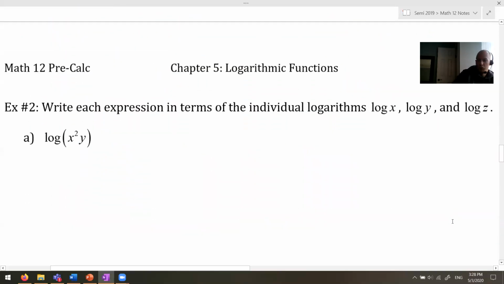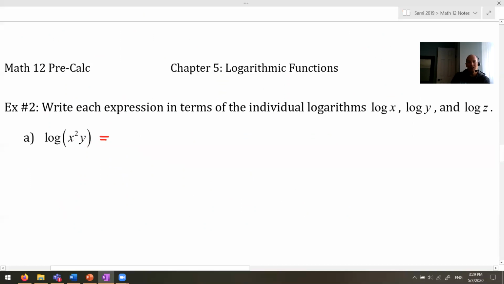Here's another one. This is similar, but just a little bit different here. Write each expression in terms of the individual logarithms, log x, log y. So what we're doing is kind of the opposite here, where instead of combining something into one log, we're splitting it up. And we're saying just in terms of these things. So our steps here,